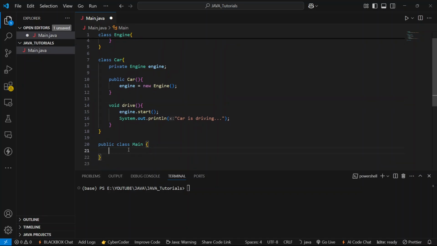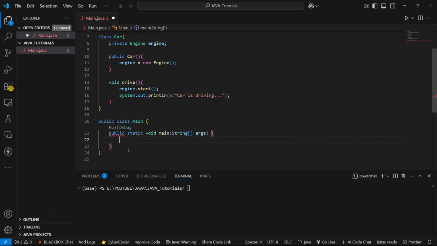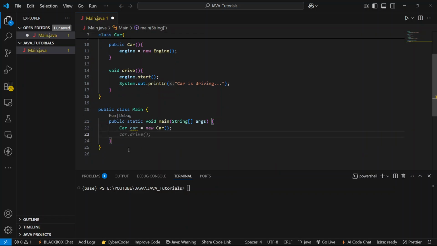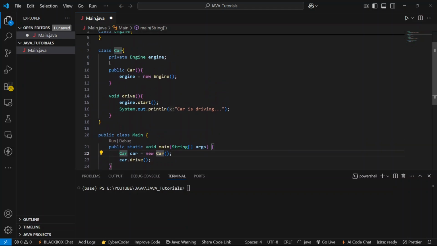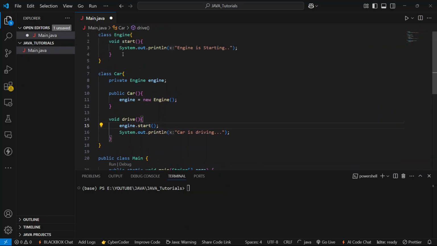And we'll take a main method inside the Main class and create a Car object and call car.drive. Whenever we instantiate the car, that is at the creation of the object, the engine is being initialized. That is, the initialization of engine happens inside the Car class constructor. So whenever we create an object, the engine is initialized, and whenever we call the drive method, engine is started. So the Engine class is present inside a Car class,